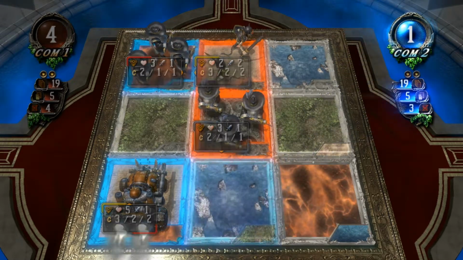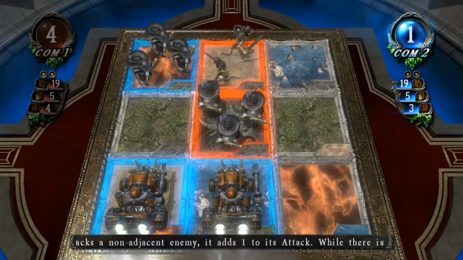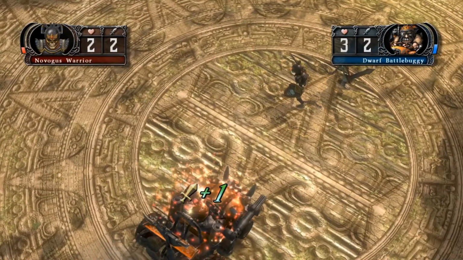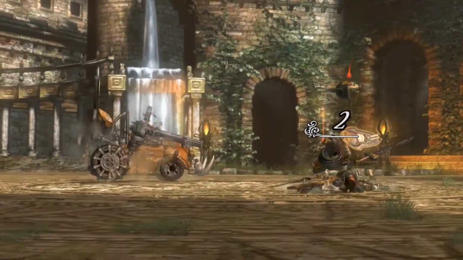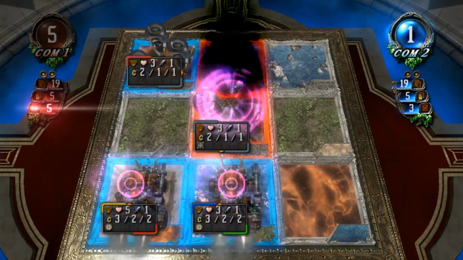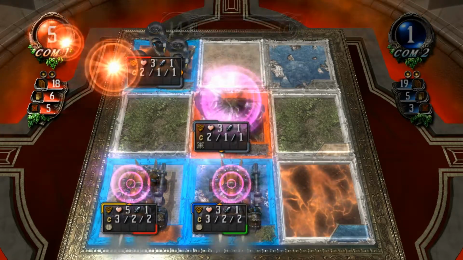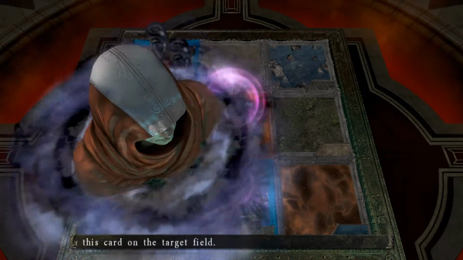Mana release. Summon. Computer 2 going to summon the second buggy. Absolutely legendary card. Decoy is in play. Attack. This Battle Bug is going to attack the Navogus Warrior. It gains +1 because it's attacking a ranged target. And it takes them out. The one card in a long time which I have seen do more friendly fire damage than enemies. Computer 1, but I'm pretty sure that it's done more damage to its allies than Computer 2's done to Computer 1 in the entire game, so...